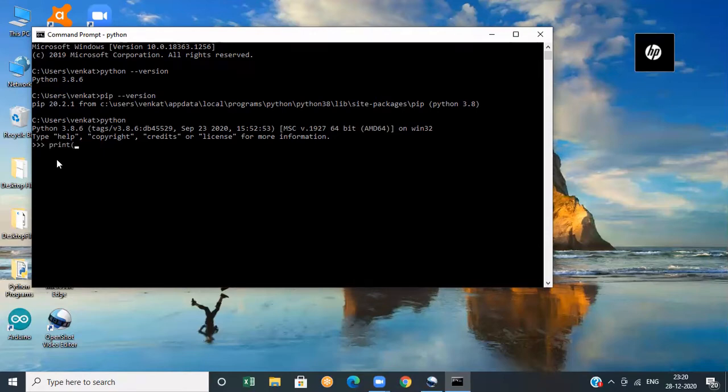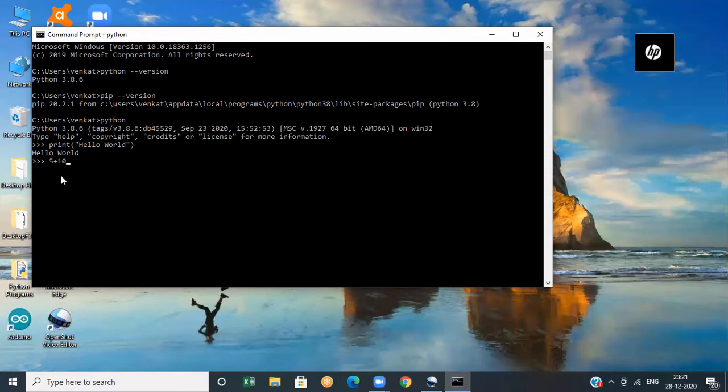First we'll see how to print a message. Let me give print hello world. After this, press enter. Then the message will be printed on the screen. So here we are calling the function print to print a message on the screen. In programming languages like C, we need to write the main function, and inside that only we can write the printf statement. Also we need to include the necessary header file like stdio.h. Whereas in Python, nothing like that is required. We are using scripting here. So when we call the function print, the message is automatically printed.